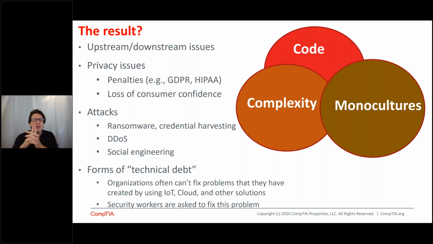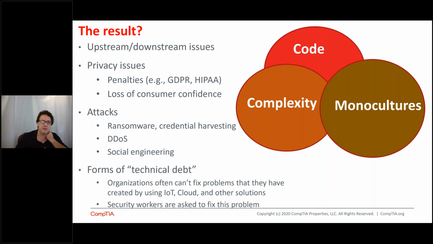You get the idea. The result of not handling issues such as technical debt, or not handling issues such as skipping steps in the development lifecycle, et cetera, is upstream and downstream issues, privacy issues. I've got this holy or unholy trifecta here of improperly developed code or improperly sourced code. You go up to the cloud and grab something and you don't really understand it well, that's a problem. Also complexity, if you're connecting multiple systems to each other, that can cause problems.